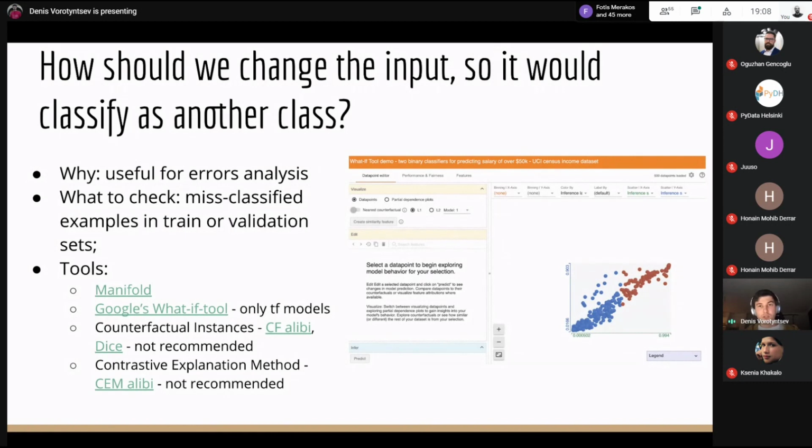One way to do it is to use manifold, but another way is to take each point separately, the points with the highest difference between prediction and the target, and to find the closest point to the given one, but with a correctly predicted class, and compare feature values of those points. And it might give you some insights into the separation curve of your model and what you may do in order to improve your model.